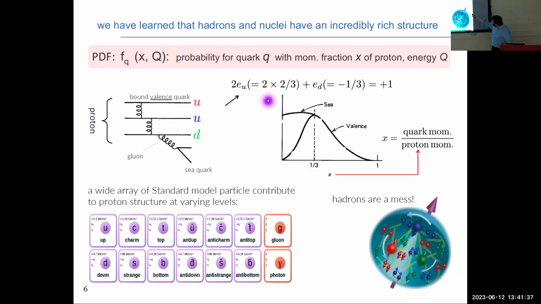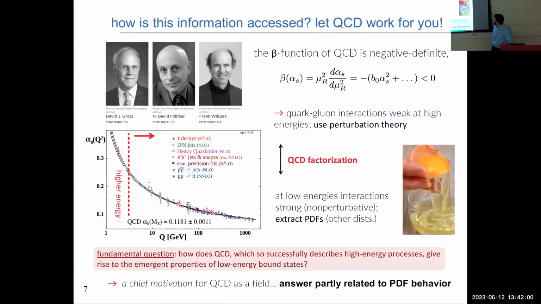But instead, you have this growth at low x due to the presence of a sea that's generated, again, radiatively through gluon emission, as I was just saying. And for that reason, there are contributions to the structure of the proton, particularly at higher scales, not just from up and down quarks, but from really a whole collection of many other flavors. And I'll explain a little bit more how that works.